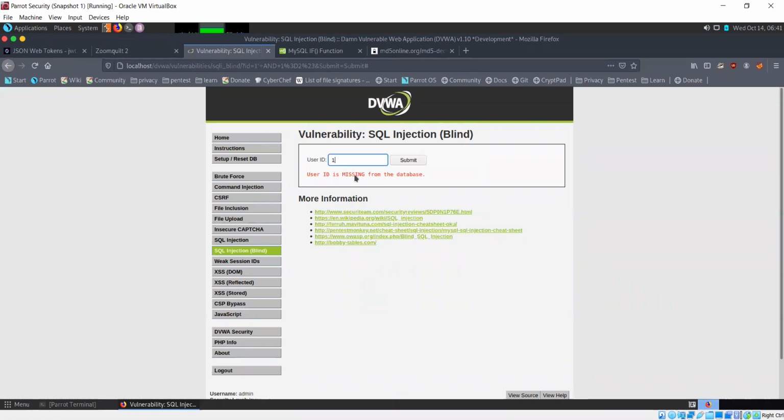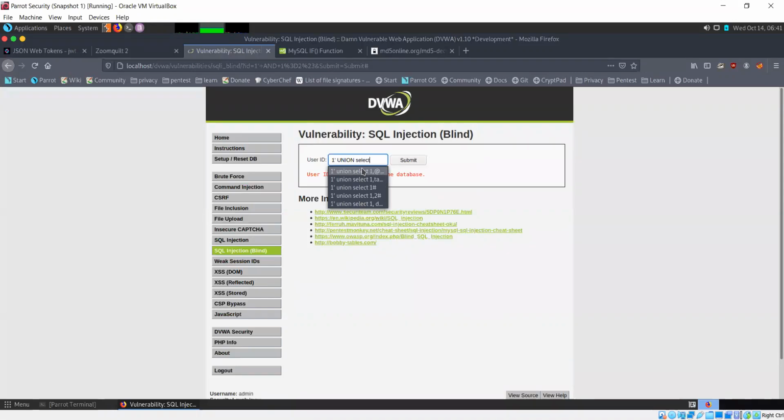So 1, okay, not and, in this case maybe 1 union select.